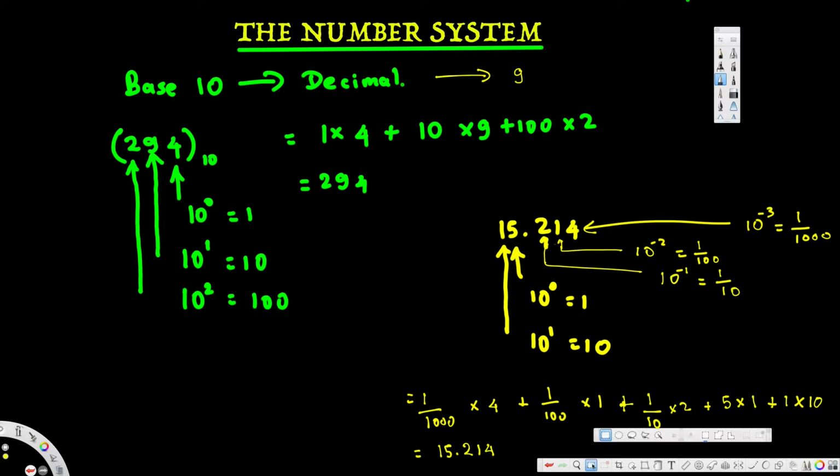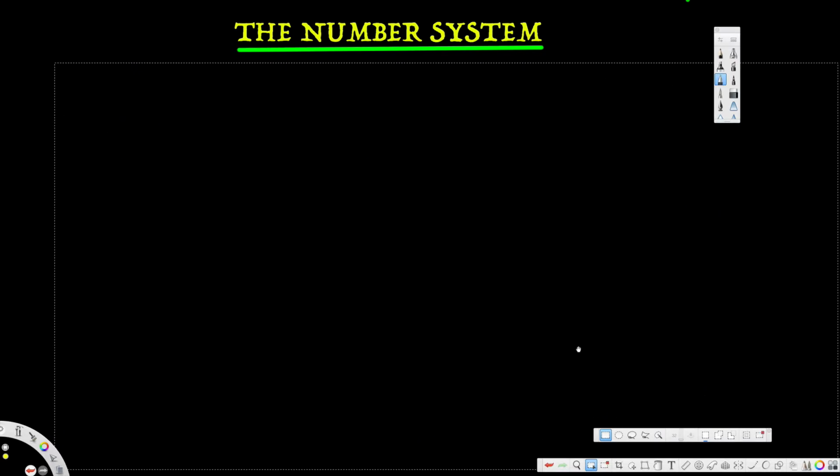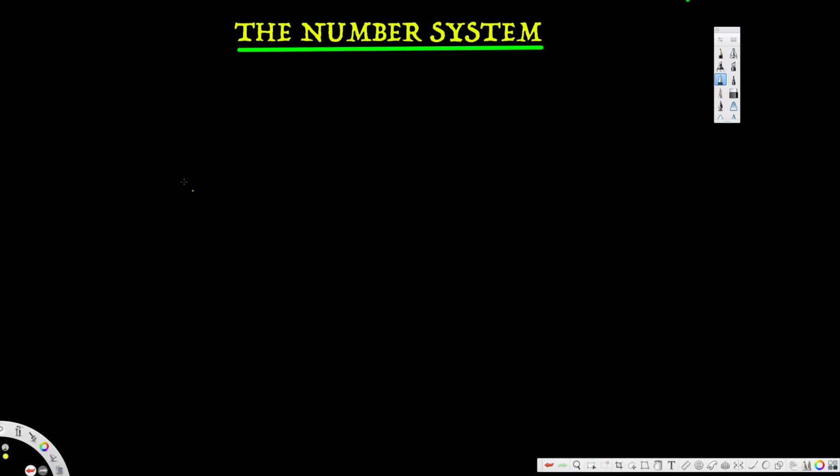Now let's look at binary numbers. This is binary. For binary, the base is 2, so the maximum number we can have is 1 less than the base. So we can have 0 and 1, those are the only two possibilities. Now let's look at a number. Let's say we have a number that is